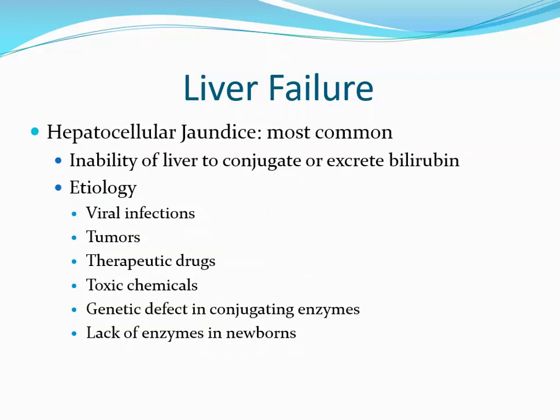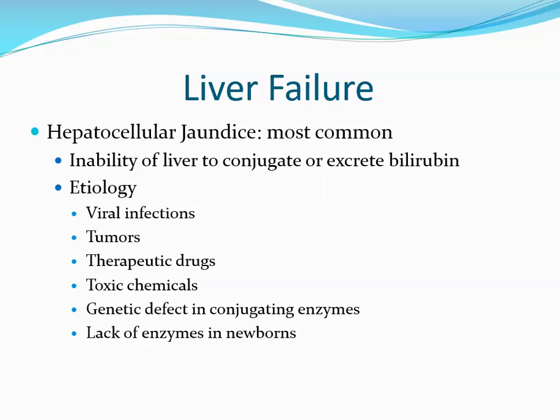The second form of jaundice is hepatocellular jaundice. This is an inability of the liver to either conjugate or excrete bilirubin. This is the most common form of jaundice. Various causes. It could be due to a viral infection, such as hepatitis, tumors, therapeutic drugs, especially steroids, and toxic chemicals. These first four causes all result in damage to the hepatocytes so that they are unable to conjugate the bilirubin. Two other causes. It could be a genetic defect in conjugating enzymes, so that the person does not produce